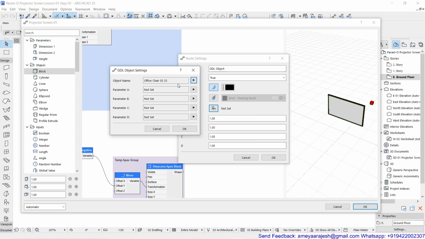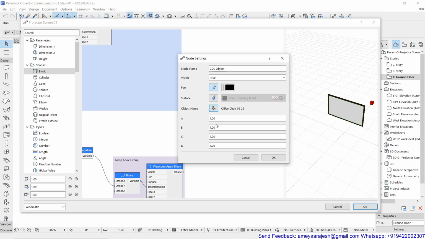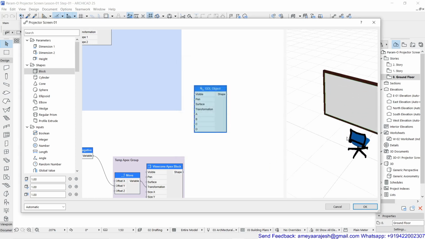You should know all the names and whatever you can say, how the object appears or looks. So you should know that from the beginning. So check that in the library. Whatever you like, register the name in your memory and then hunt for the same and get it over here. Anyway, so I'll just say okay for this, and once I say okay further, you will see that your chair has been placed.